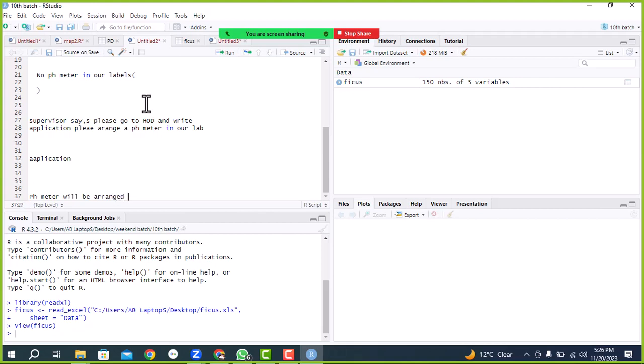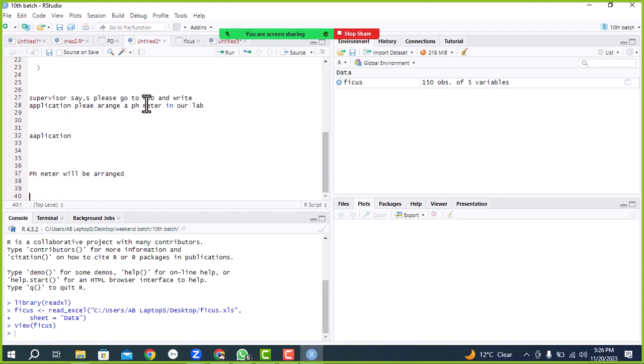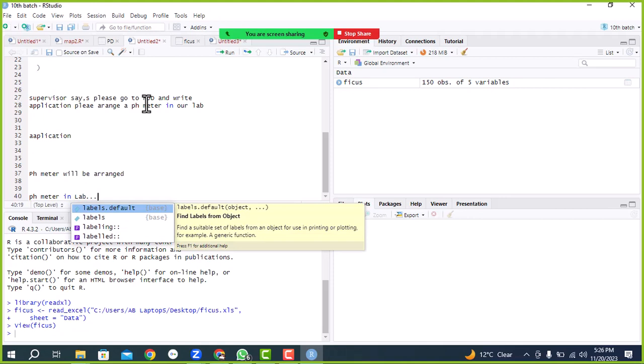So there was no pH meter in our lab. Now I am stopping the story here